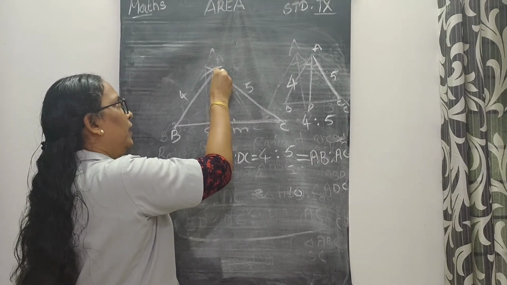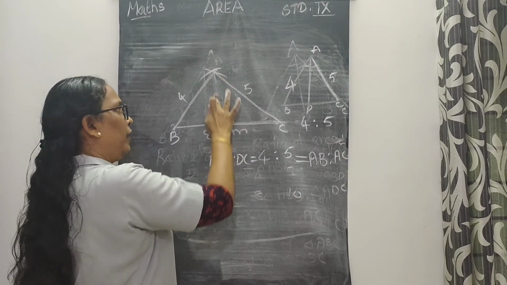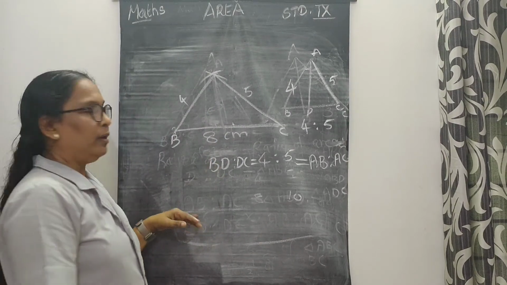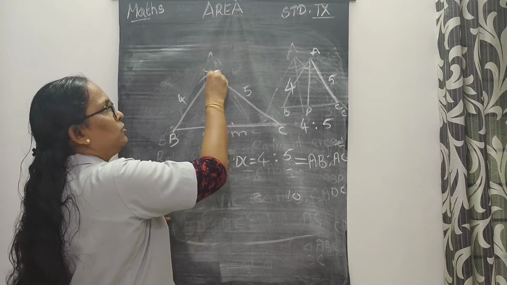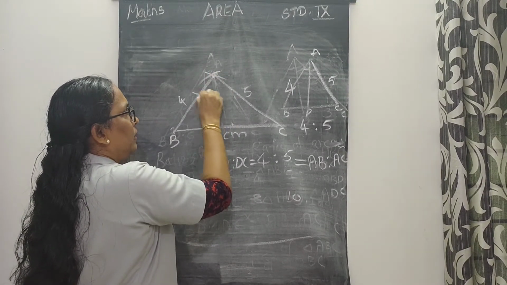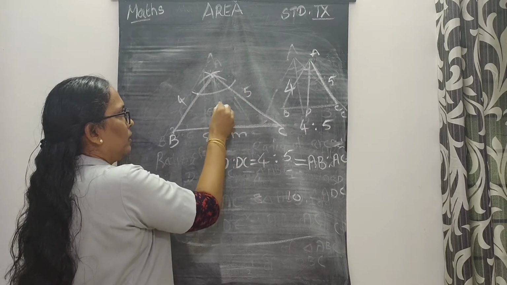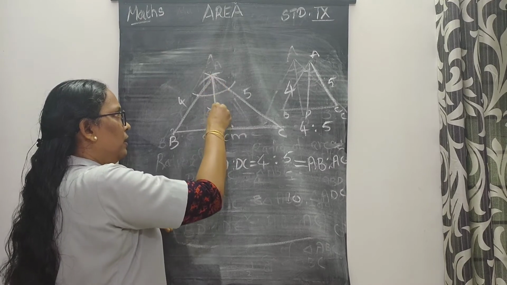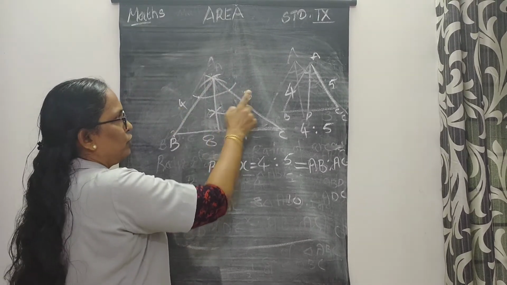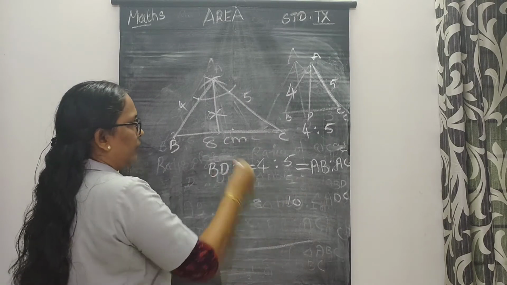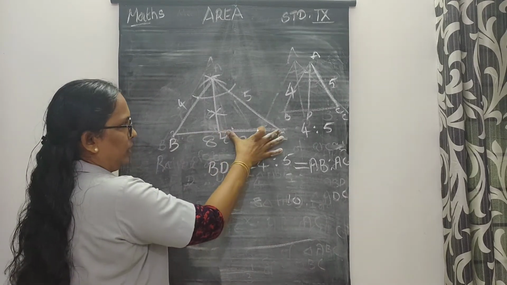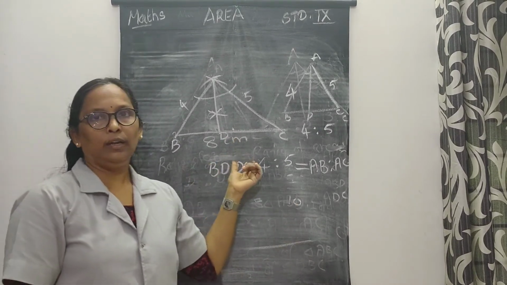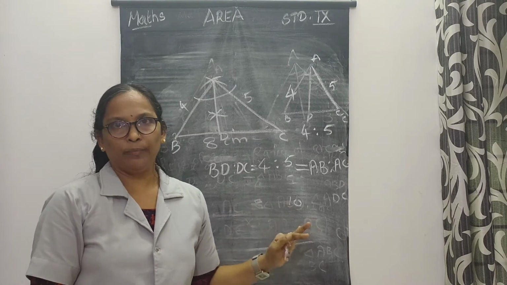Then we draw an angle bisector here. How do we draw an angle bisector? That we have studied in the last class, 8th standard. Yes, use the compass and mark an arc like this. And from here and here, mark two arcs which cut each other and join this, then it cuts in the ratio 4:5. So BD is to DC equal to 4:5. Okay, do this question in your notebook and send it to me.